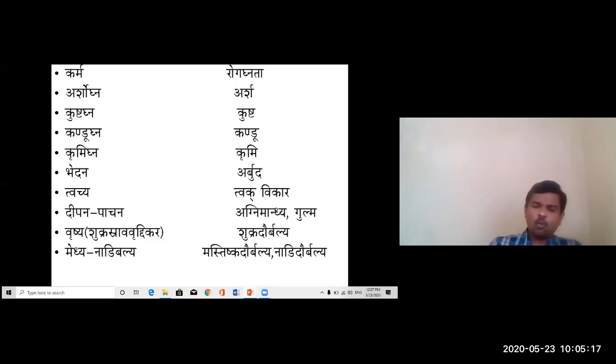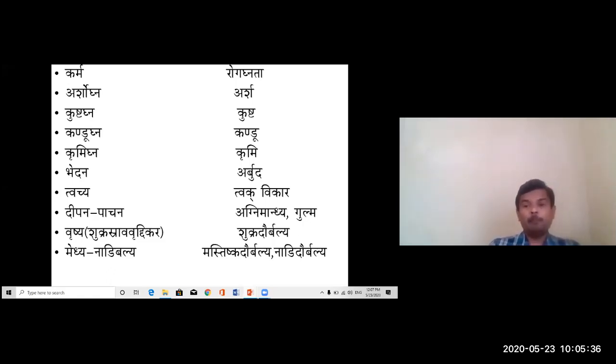There will be abundant production of Shukra, but Shukra Srava is not going to take place. Even while doing intercourse for 10, 15 or 20 minutes, the Shukra Srava does not take place.